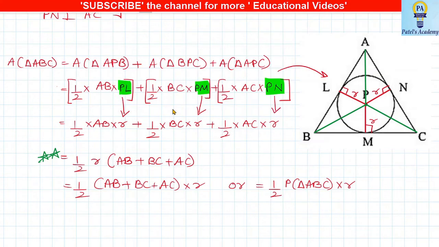Now the next step where I have done 2 star marks, we are just taking half R common. If I take half R common, what is left inside the bracket? That is AB, BC and AC. And that is what we have to prove, students. We have to prove this step: area of the whole triangle is equal to half, bracket sum of all sides, into radius. Now they can just change the question to this. Prove that area of triangle is nothing but half into perimeter of triangle into radius. So the meaning is same. An important sum, students.